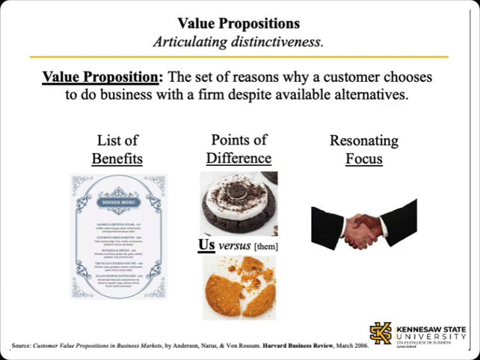In points of difference, the firm goes beyond just listing the benefits by demonstrating how its products and services are different, presumably better or cheaper, than its competitors. For example, perhaps an Italian restaurant imports a special prosciutto directly from Italy that no other restaurant offers. That would be a differentiator from competing restaurants.